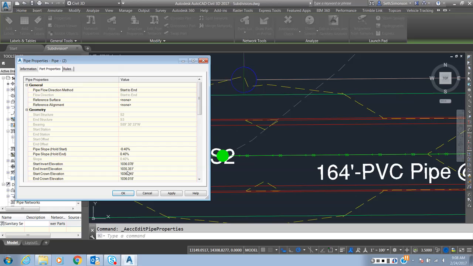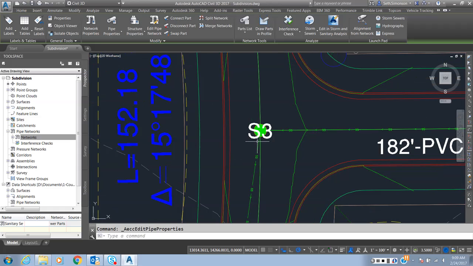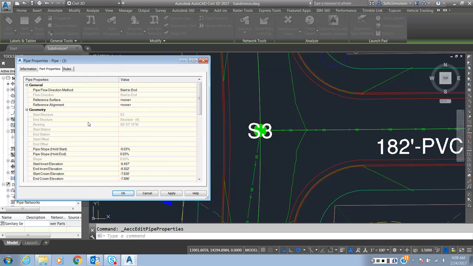So at 1035.351, I need to drop a 10. So 1035.251. Meaning that this pipe has to start at 1035. What did I say? 251. Apply, and I'm going to put the slope here, minus 0.4, apply. So now I have my new end invert at 1034.537,